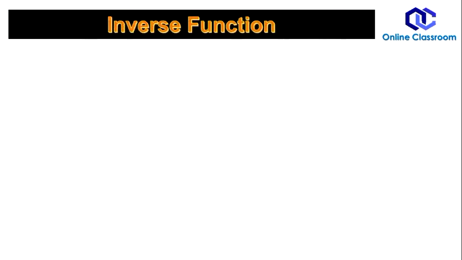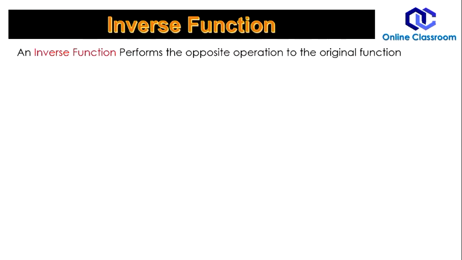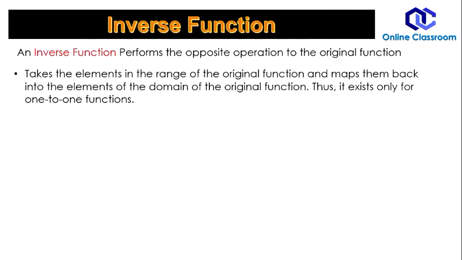The next concept in the chapter of function is the inverse of a function. How we define inverse of function and how we show the inverse of function graphically, the two things we are going to discuss here. So when we talk about the inverse of a function, it means we want a function that will undo the effect of the function. An inverse function performs the opposite operation of the original function. For example, if you have x squared, you need to find a function that will reverse it. Like if you see here,